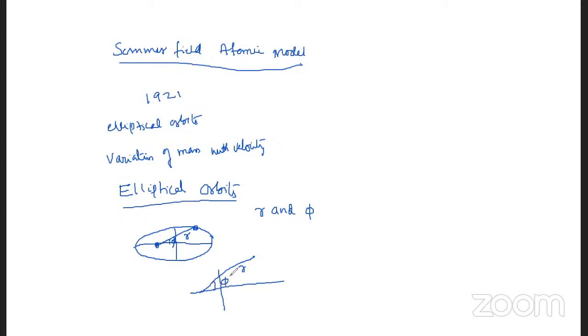R is nothing but the radius vector, and phi is the angle which the radius vector makes with the major axis of the ellipse. We call it the azimuthal angle. Okay. Now here,